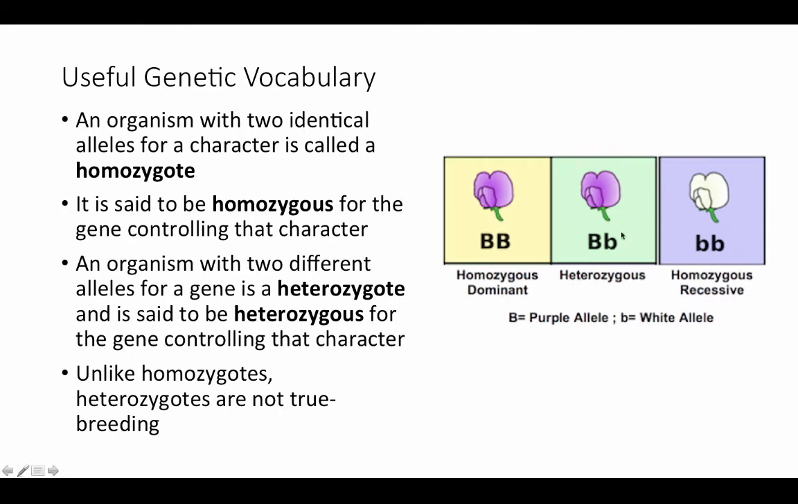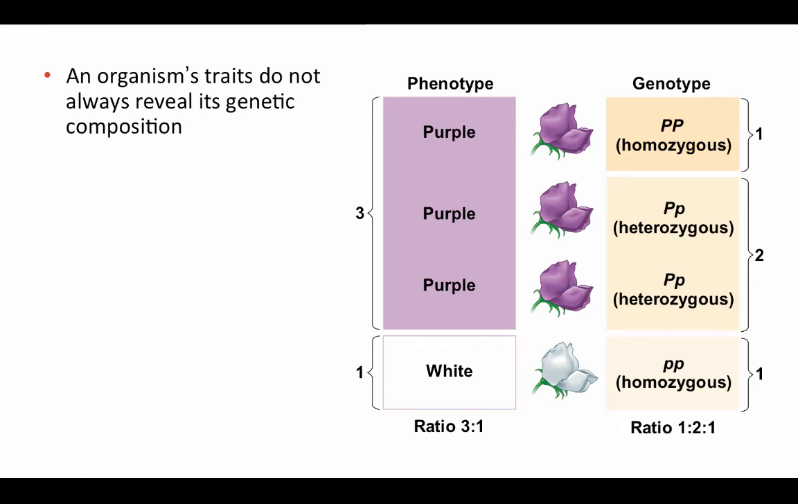So if you take these heterozygotes and allow them to self-fertilize, they're not going to produce all purple flowers because they've got these white alleles in them. They're going to produce that 3-to-1 ratio. So the important thing to note is that an organism's traits do not always reveal its genetic composition. If all you saw was purple flowers, you would have no way of knowing whether any of these individuals